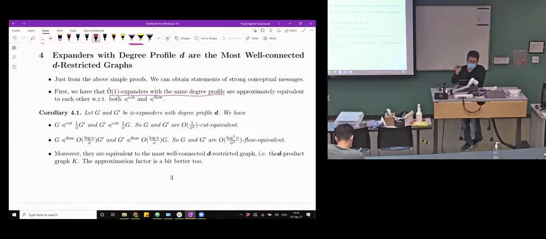They are both cut equivalent and flow equivalent. You just need to compare the degree. So basically, if you have G and G prime that are phi expanders with the same degree profile D,